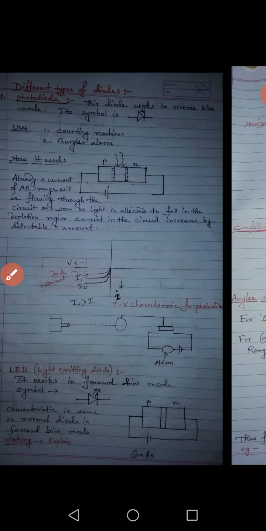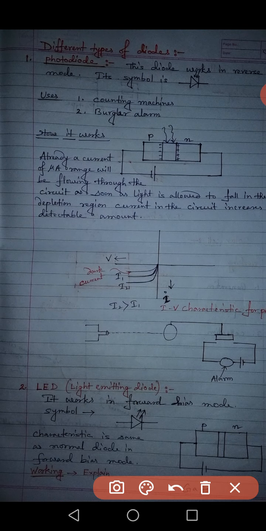Then next one, that is LED, light emitting diode. So generally the purpose of this LED is to produce light, but the purpose of photodiode was to absorb light and to produce what? Electricity. But here it is a reverse thing. It is using electricity to produce light. So it is just opposite. So that is why you see the symbol. In this case the symbol was like this, no? Like light is incident, light is falling. But here the arrows are like this, outward, means light is coming out of the LED. Okay, so this is the symbol, and LED works in forward bias.